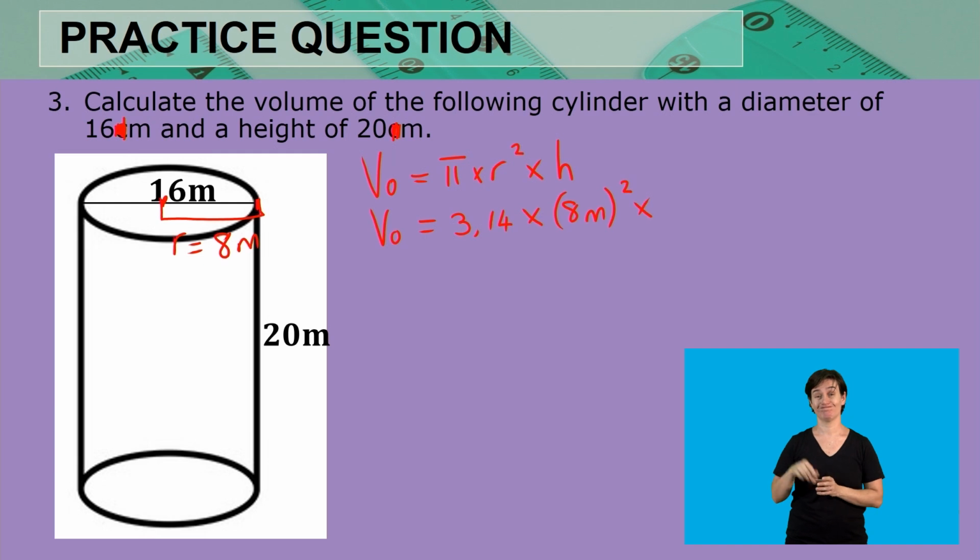We're going to square that radius, and then we're going to multiply that by our height, which is 20 meters. So what is 3.14 multiplied by 8 meters squared multiplied by our 20 meters? That is going to give us an answer of